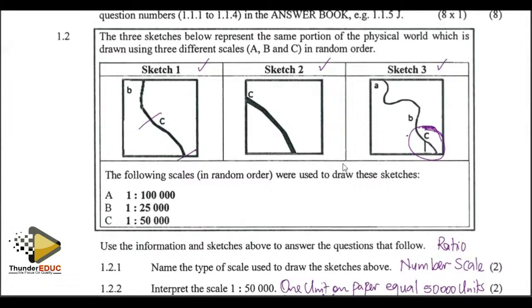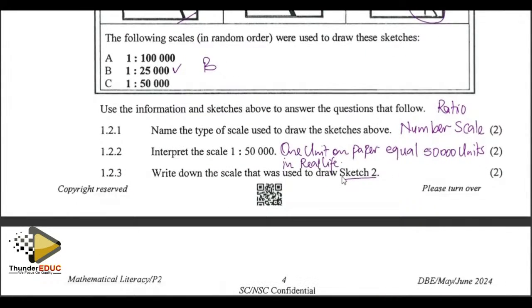It's what is drawn. Okay, so sketch number 2. We shall take the smallest, which is B. Why? The smaller the scale, the bigger the image, whereas the larger the scale, the smaller the image. So sketch number B, the smallest scale. That's what we take. The smaller the scale, the larger